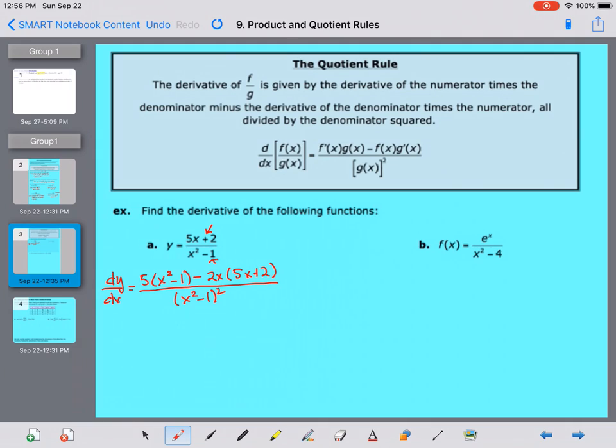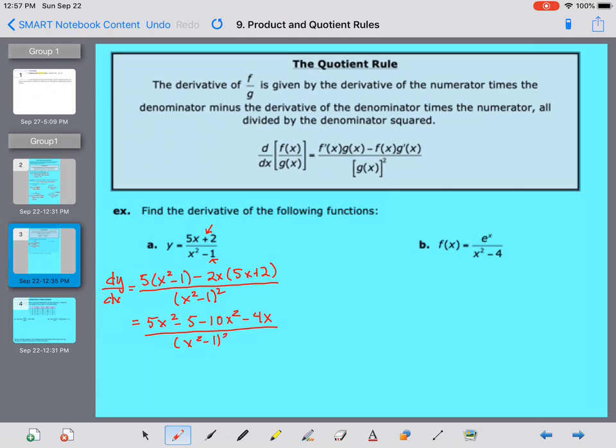After the quotient rule is done, it's now just a matter of algebra and simplifying and combining like terms. So I'm going to distribute, so 5x squared minus 5. And then here, when you distribute that negative, this is where if you're going to make some algebraic mistake, it's common to forget to distribute that negative out to both terms. So watch out for that. So negative 2x times 5x gives us negative 10x squared. And negative 2x times a positive 2 gives us negative 4x, all over